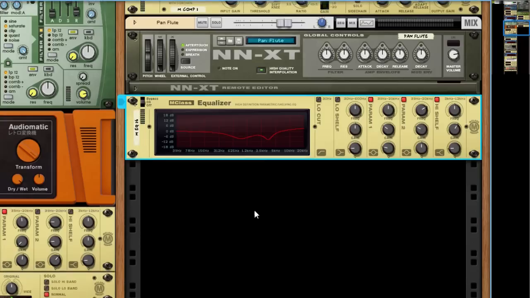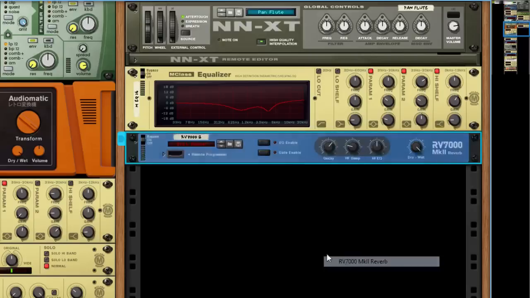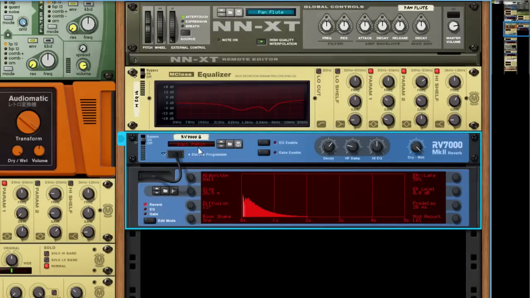Awesome. Now that we've cleaned up the signal, let's chuck in a reverb unit, and it's of course an RV700. Open up the programmer and choose the convolution algorithm. I've really come to like that one, especially on the preset 1 sample. And when we boost the high EQ a little bit and therefore introduce more high frequencies into the reverb tail,